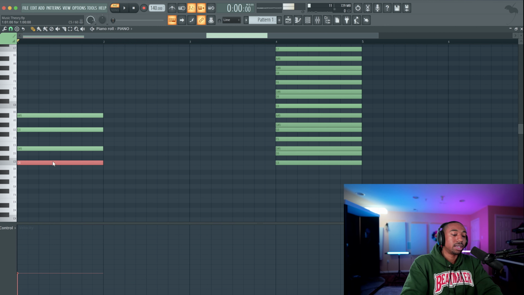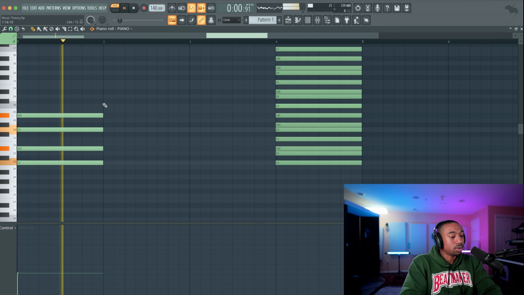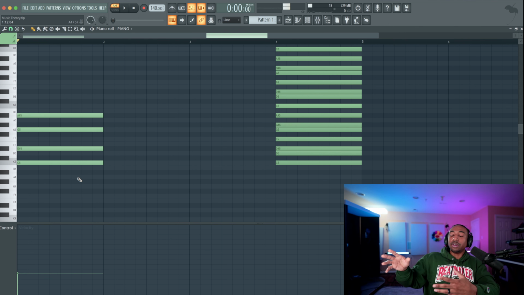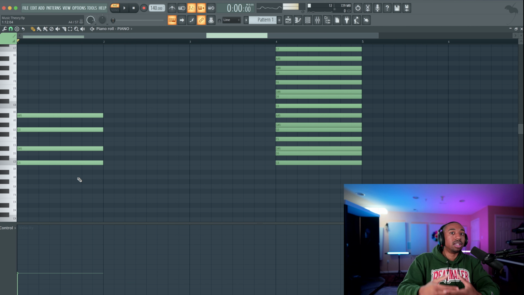Okay, so if you want to get technical, the minor chord consists of the root note or the tonic, the third, the fifth, and the seventh. You don't need to memorize that. Chord codes make it a lot easier to write chords without memorizing scales and scale degrees. The problem with traditional music theory, this is a side note, is that when you learn scales first and you build chords from a scale, me telling you the first, the third, and the fifth doesn't make sense because you don't know what scale you have to start with. That means you have to memorize a scale, which takes so much time. So chord codes get straight to the point and give you a chord on demand.